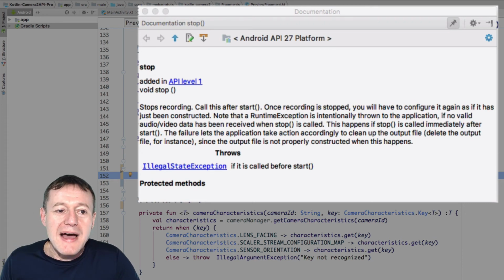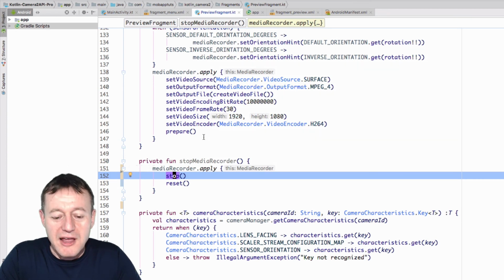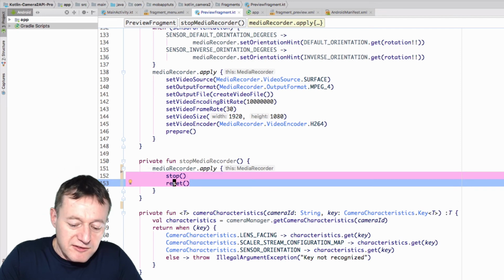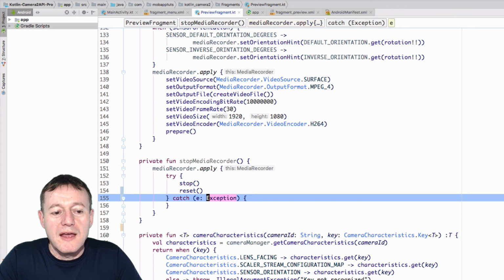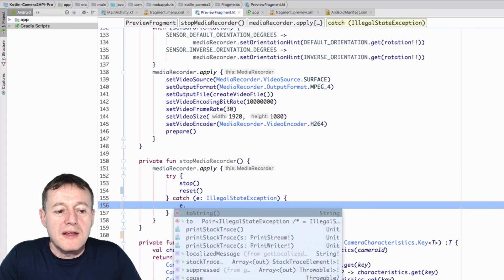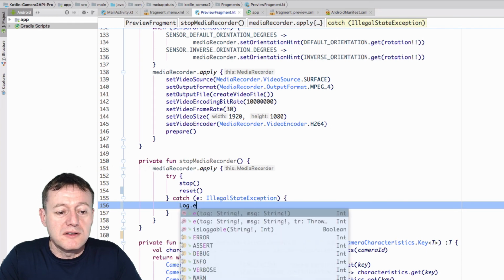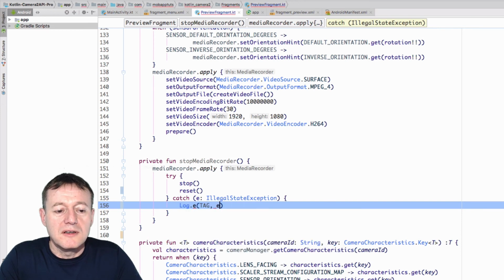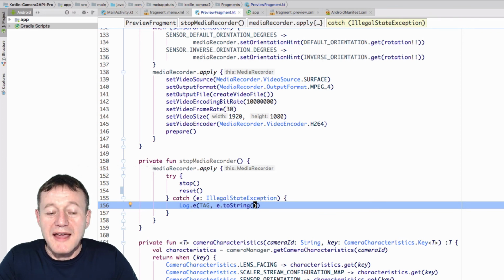So we're going to put a trap harness around that just to catch if we do get that illegal state exception. So I'll just highlight these two and try and catch that. And so it's an illegal state exception. And down here, yep, we'll log that actually. So we'll log that as an exception in case one of those cases does happen where we don't capture a